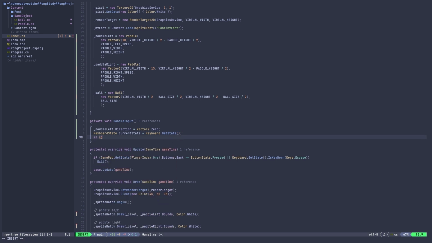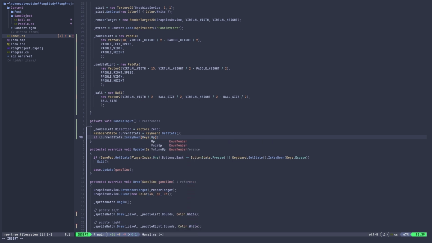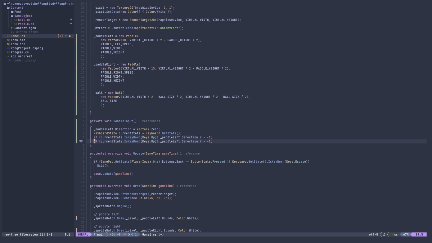Now let's make this thing move. If current state is K down, is dot up, paddle left dot direction dot y, up or up -1. Let's copy this, change it to down. Oops. Okay, then